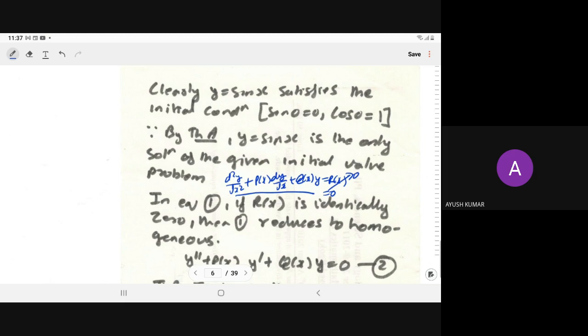No, actually here the initial condition is given to you. Initial condition means x is equal to 0 is given to you. For the particular x you are asking, when x is equal to 0, at that time we have this solution. When x is equal to pi by 2, then cos x will be the solution. So that x you have to specify. What is the initial condition? Initial condition means x is given, and at that x, what is the value of y and what is the value of y dash?